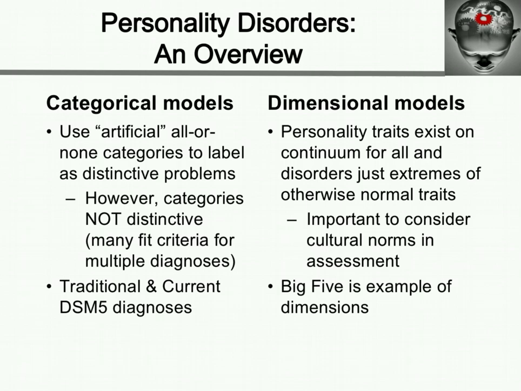The categorical model has been the traditional model since we've had the DSM as a diagnostic system, and it is still the model that dominates the current DSM-5. But there was a lot of controversy when this version was updated in May of 2013. And so there's actually a separate chapter in the back of your DSM, if you have one. This separate chapter uses this alternate model, so I'm just going to give you a brief overview of it. It's possible that this could become dominant in the future, or not.